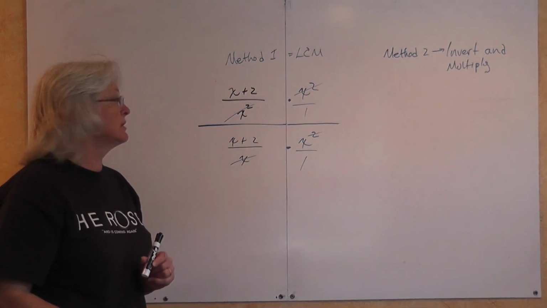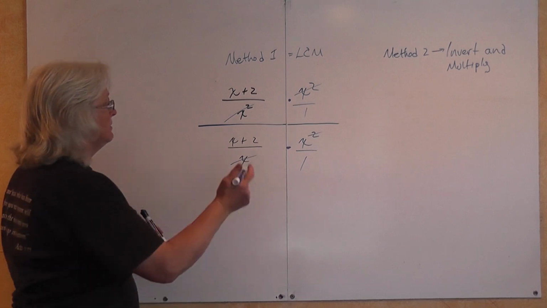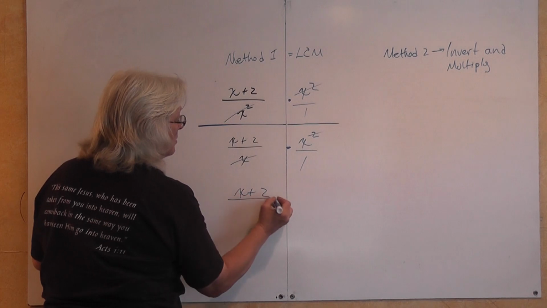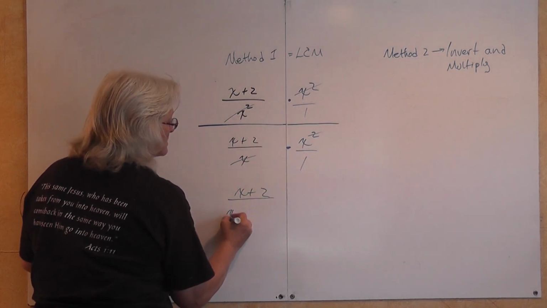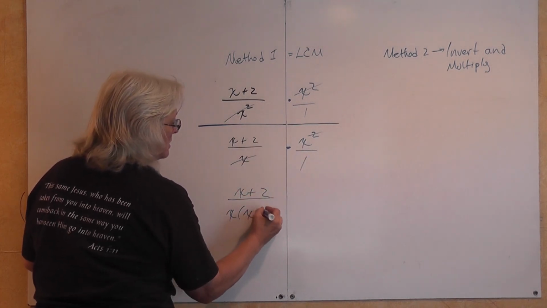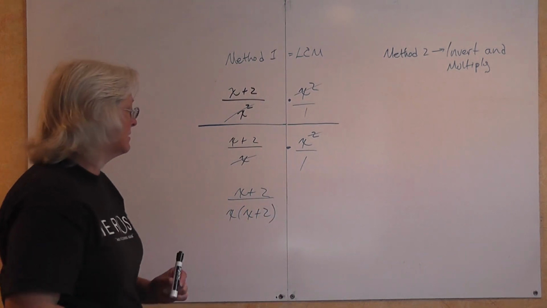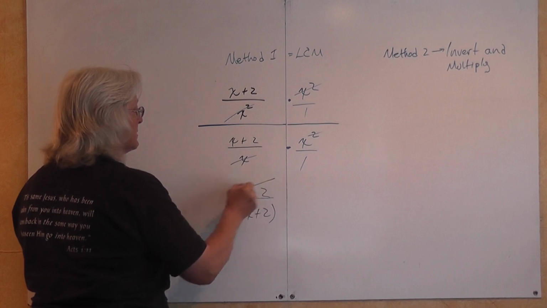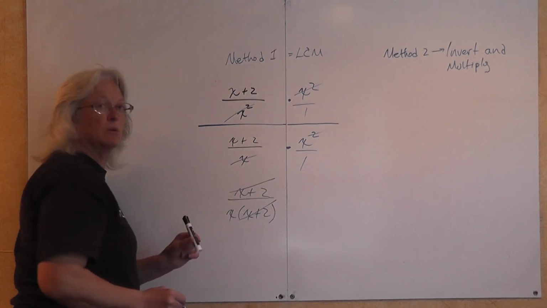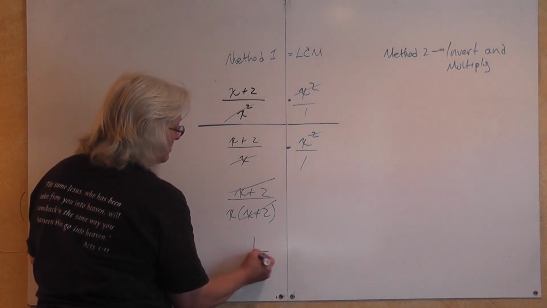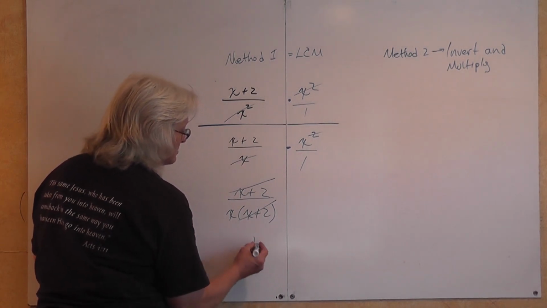Multiply the numerators and denominators together. What do you have? You have x plus 2 over x times, look at that. We have another set of common factors. We have this binomial common factor of x plus 2 that cancels, coming up with our solution to this problem